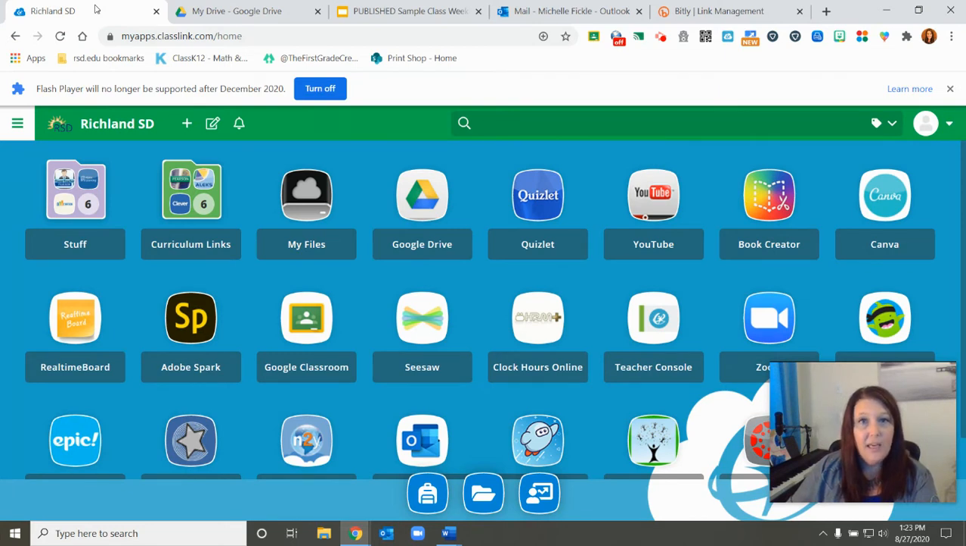I wanted to share with you quickly something that might make your life a little bit easier if you're a kindergarten teacher or a first grade teacher that's trying to figure out how to get assignments into the hands of kids in the most simple way possible. When our students in the Richland School District log into their Chromebooks, they will automatically be